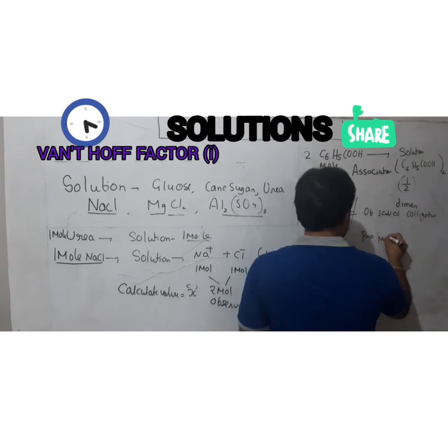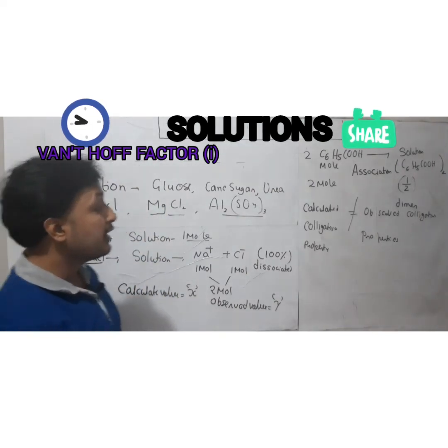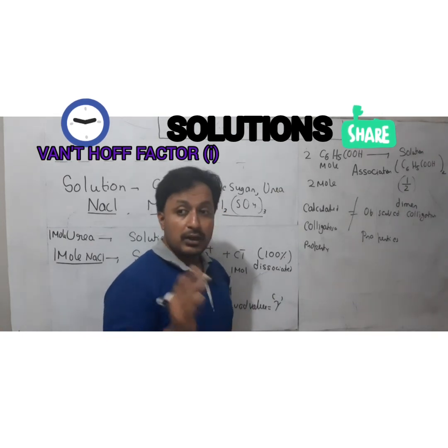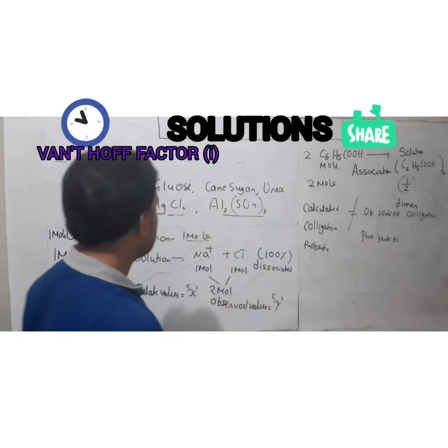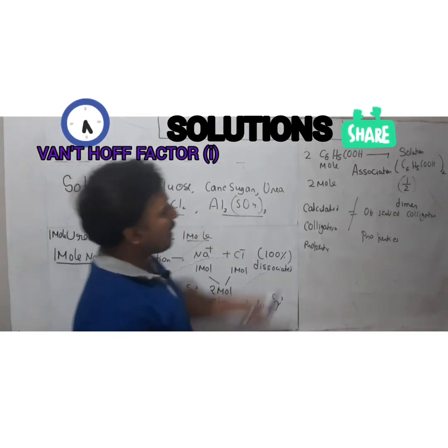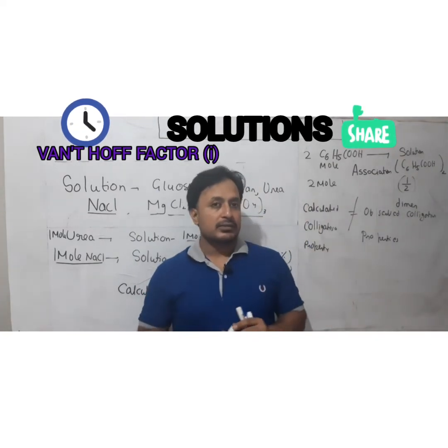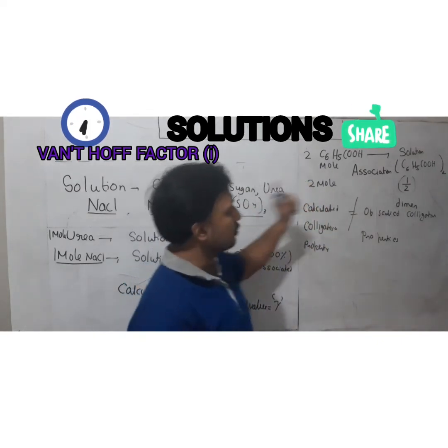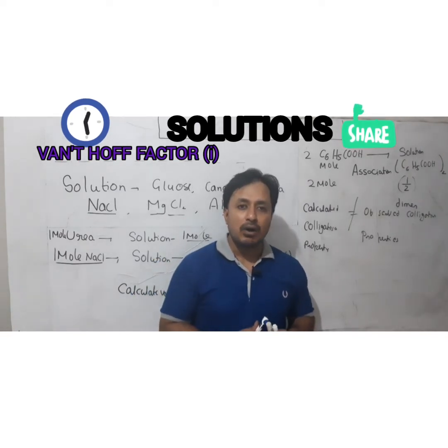Okay, it means a kind of abnormality will be arising when you are calculating the colligative property, or when you are observing by doing the experiment, you are finding the value, because the number of moles of solute are getting differ in some cases, not every case, in some cases like where dissociation is taking place or association is taking place. Okay, so in order to calculate the correct colligative property in case of association or dissociation, a factor is introduced which is known as Van't Hoff factor.